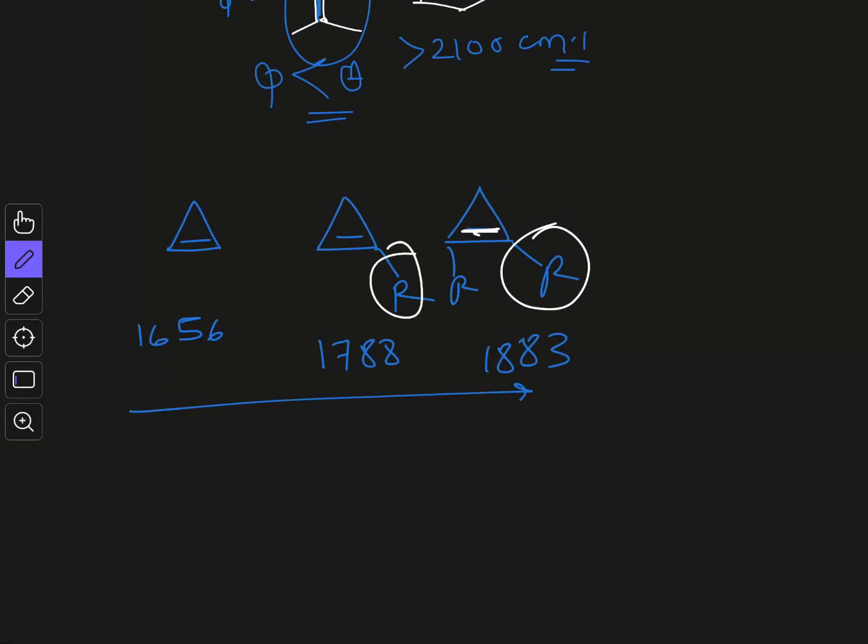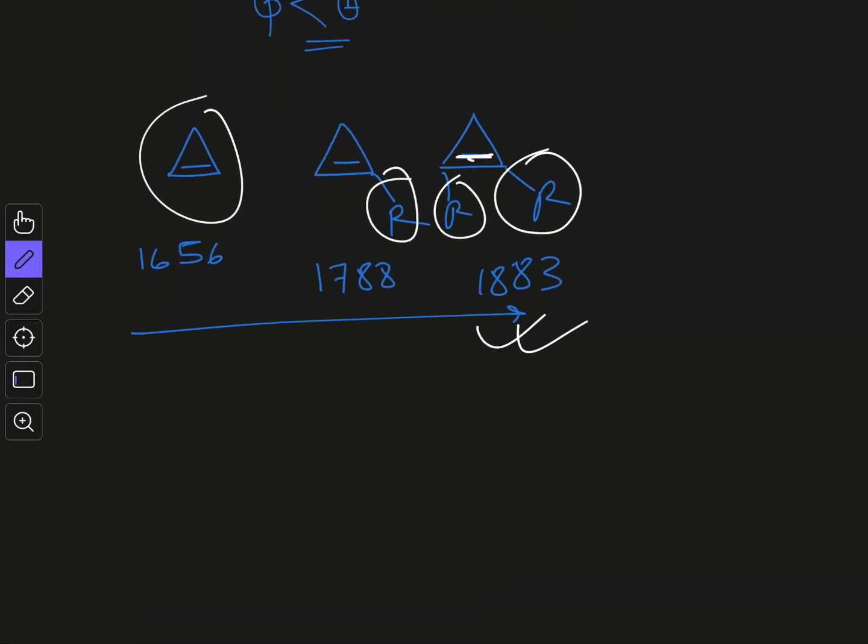If you put one alkyl group, it will raise the stretching value less. If you put two alkyl groups, it will raise it more, and that's why the increase is very high. But again, the increase is most noticeable for small membered rings like the cyclopropene system.